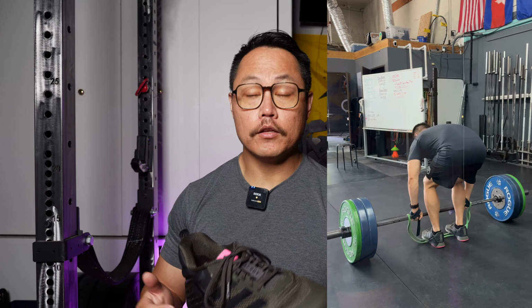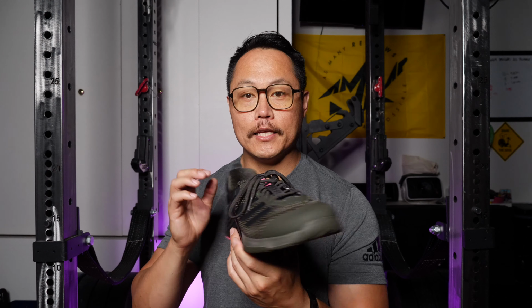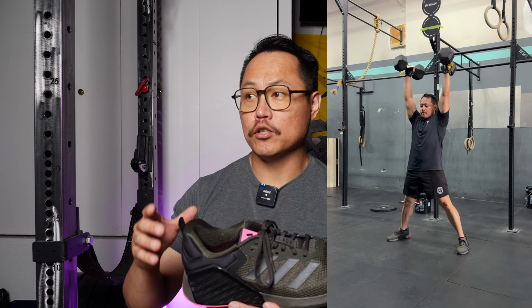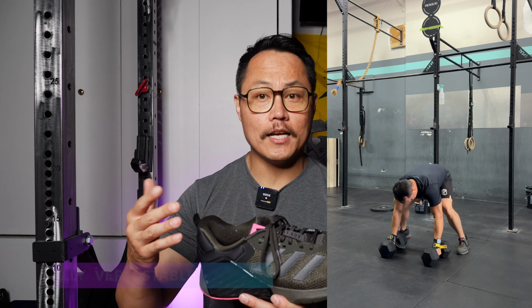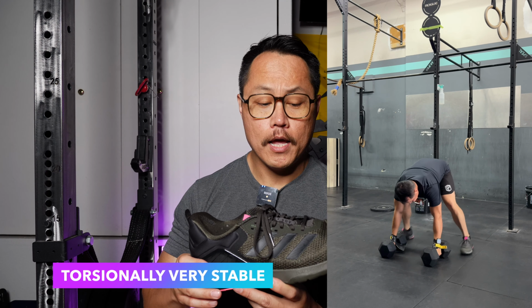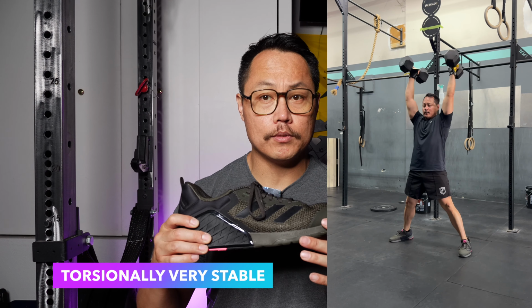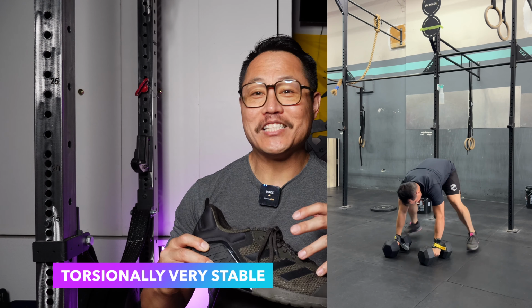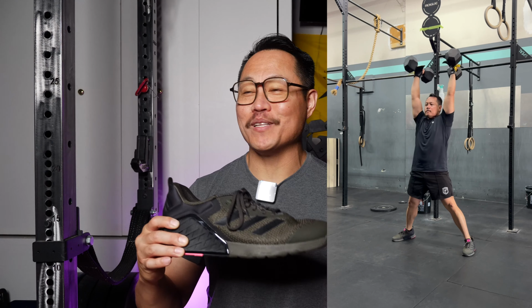Another standout feature while lifting in the Dropset 3s was how well the sidewalls kept my foot in place when doing high torque movements. The movement in mind is a devil's press, which is a burpee into a dual dumbbell snatch. It's notorious for making your feet twist and turn inside of a shoe, and that was not the case with the Dropset 3s. I felt like my foot stayed planted and made it generally easier to do probably the worst